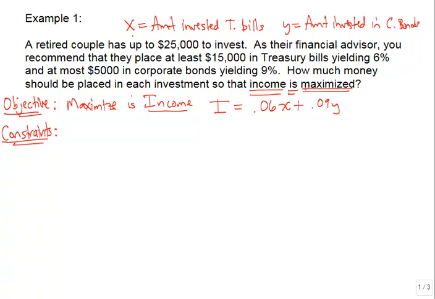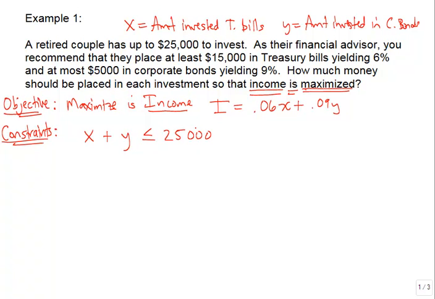So if we invest X in bills and Y in bonds, that total of X plus Y can't exceed $25,000. So that's one equation we can write down. Actually, it's not going to be an equation, it's going to be an inequality, because we have up to $25,000 to invest, so we can't exceed that. So our X plus our Y needs to be less than or equal to